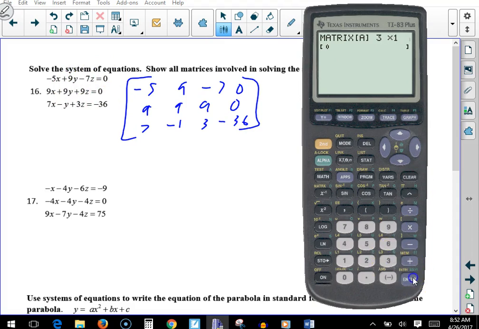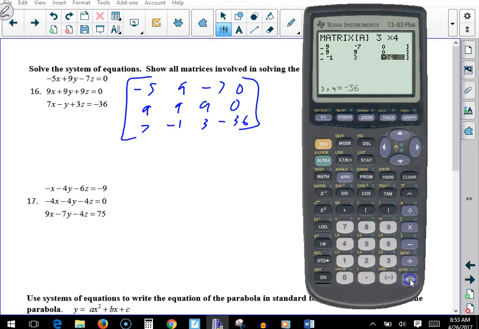So it's a 3, enter, 4, enter, 3 by 4. And then we just put our numbers in. -5, enter. You hit enter every time. 9, enter. -7, enter. 0, enter. 9, 9, 9, 0. 7, -1, 3,